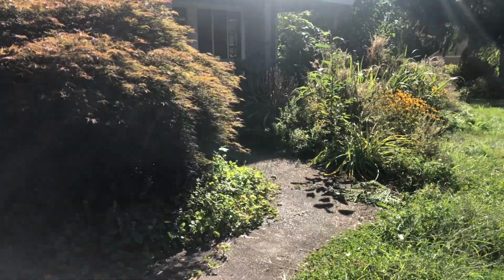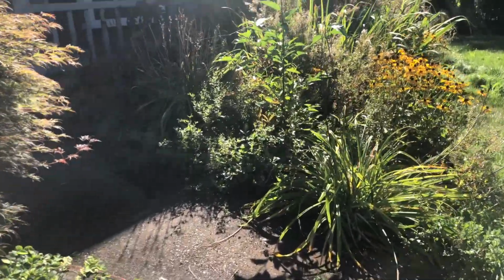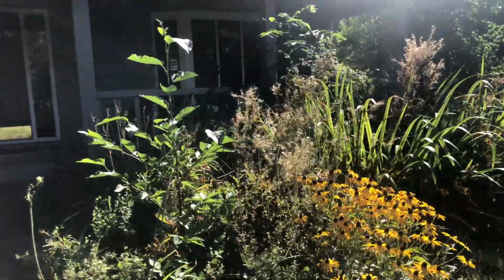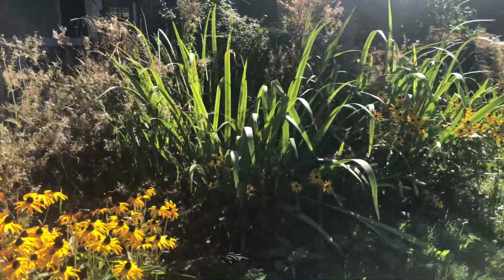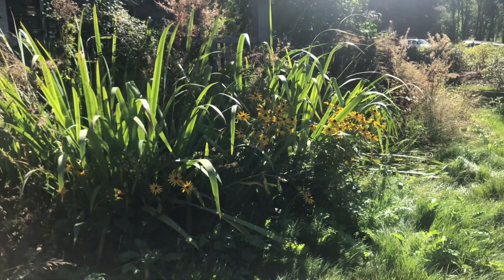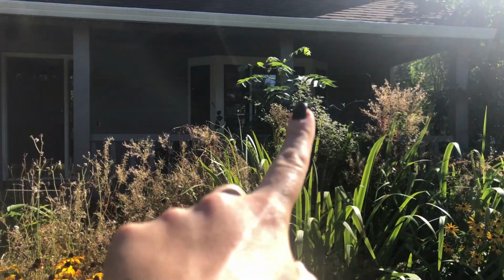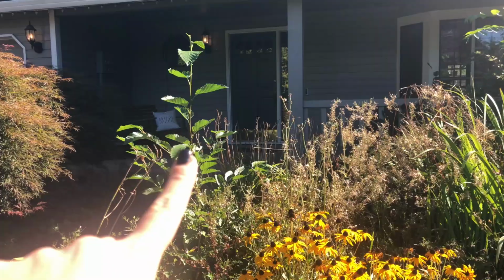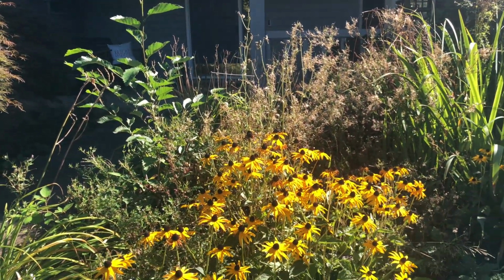And the area that he's gonna start working on tomorrow, and just this walkway is so overgrown, is this area here. There are some very beautiful lilies and peonies and just a ton of really beautiful flowers in here, but everything is just so overgrown and there are some massive weeds. That's a volunteer tree. We have a couple volunteer trees. These are all weeds here that need to be cleaned up. Here's a volunteer tree here that needs to be cleaned up, but there are some really beautiful perennials in here that